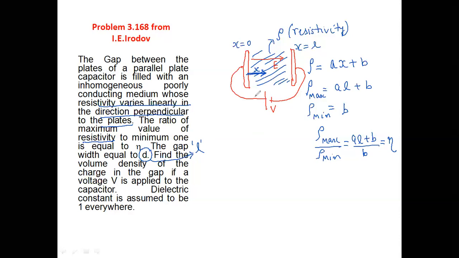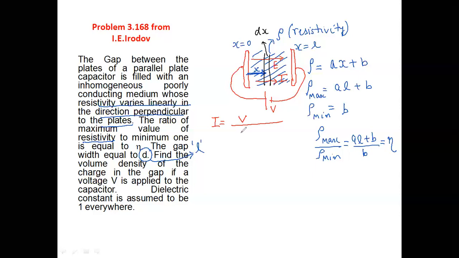That can be done in 2 steps. Step 1, we have to find out the value of current. How can you find out the value of current is as follows. Let's say I is the current in this gap, then that current I will be the applied potential difference V over the resistance of this gap, which is again obtained as in the previous example by taking some differential element dx.